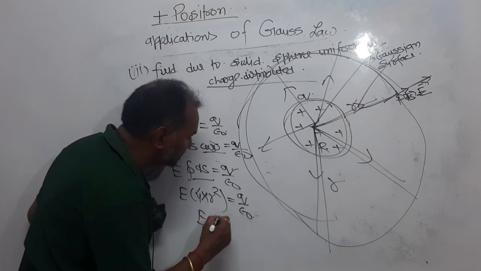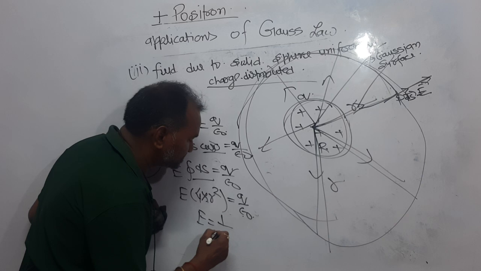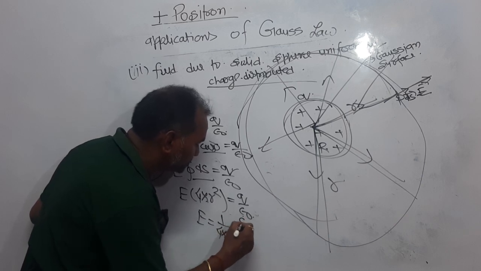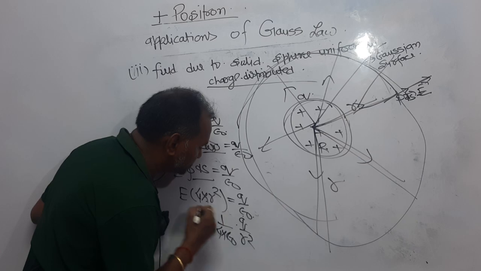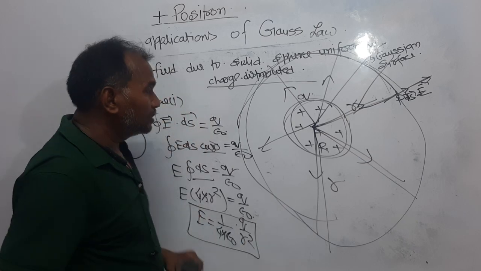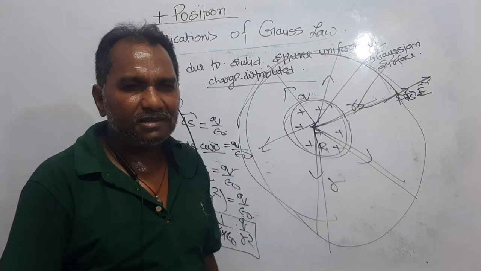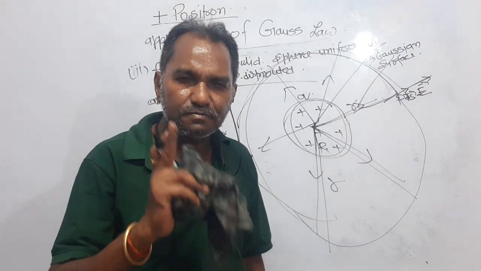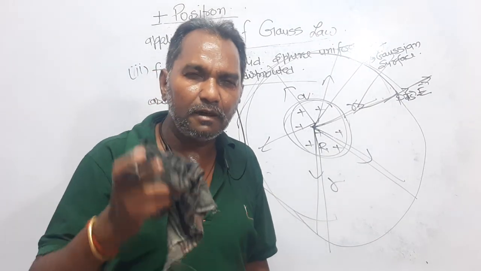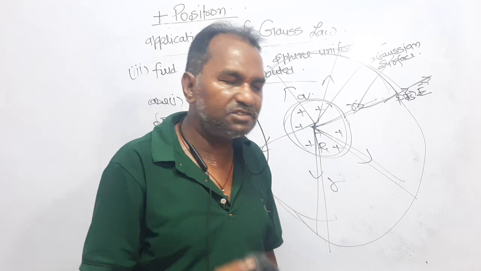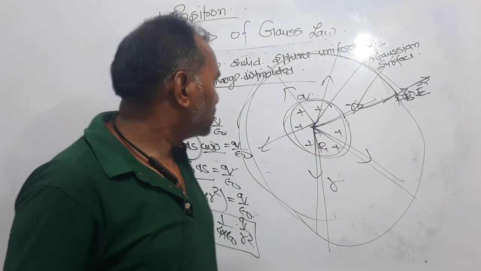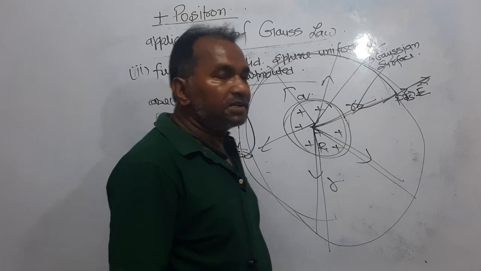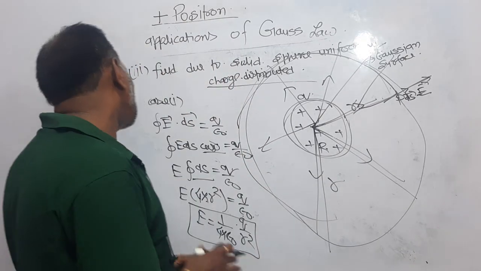Dear students, we get the value E equals 1 upon 4 pi epsilon naught, Q upon r square, that is Coulomb's law. That is why I am saying that the whole charge, if the point is outside of the solid sphere or spherical shell, behaves like a point charge and you can assume it to be at the center. This is the first case, when the point is outside of the sphere. Now second case,